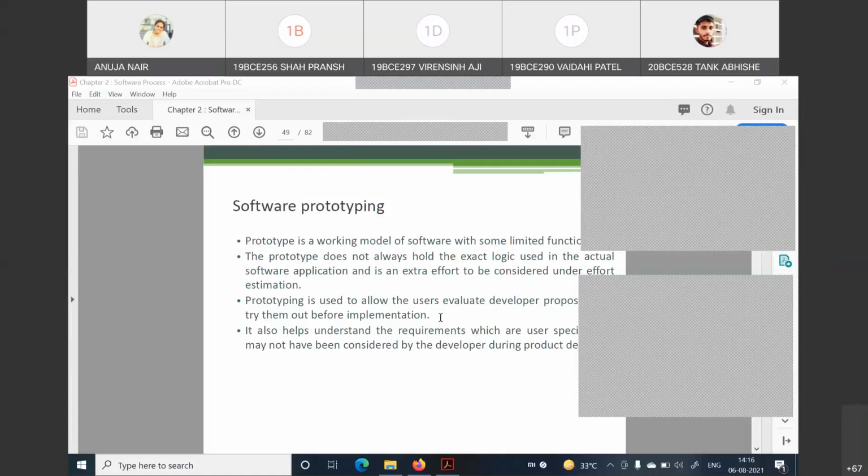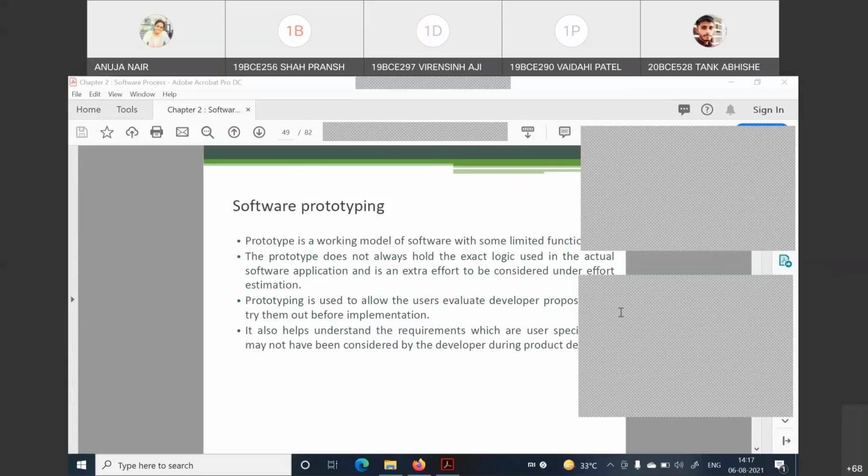The customer doesn't have anything in between to work with, right? And it is applied for small projects where your requirements are fixed, and it is very clear to the software engineer and to the customer at the starting itself, right? That was about the waterfall model. So this disadvantage was overcome by the incremental model, right?